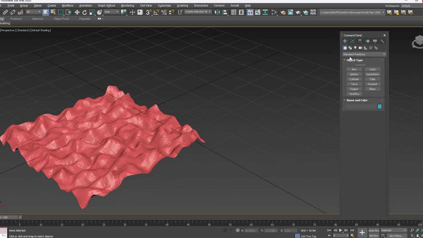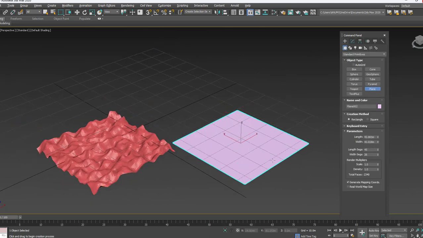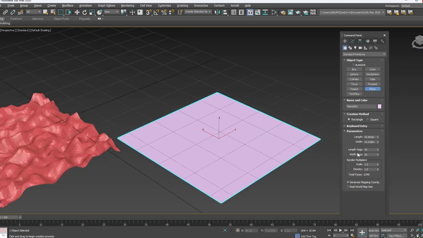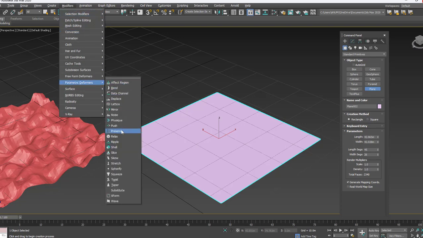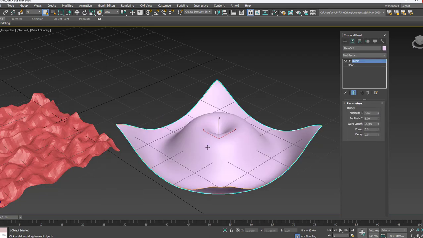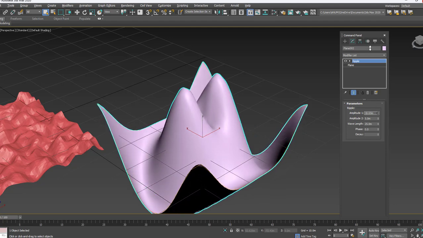Next one is ripple. For that I just go with the plane. Same thing, make sure you have increased the length segment and then width segment. Click on the modifiers, parametric deform and then ripple. So this is how you get it, and then you can change the parameters of the ripple, amplitude, how much you want.